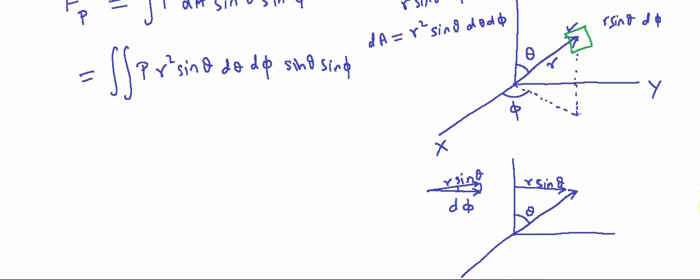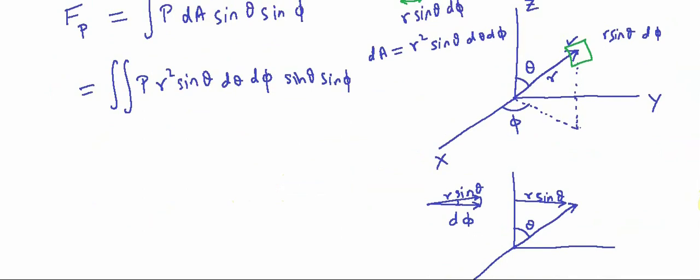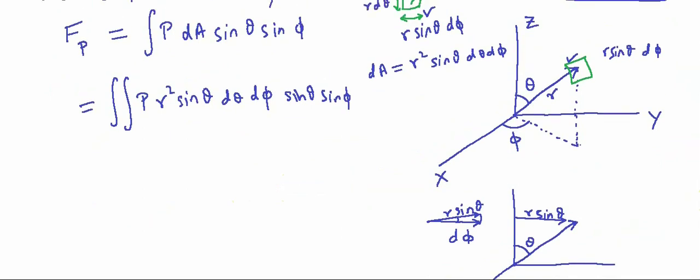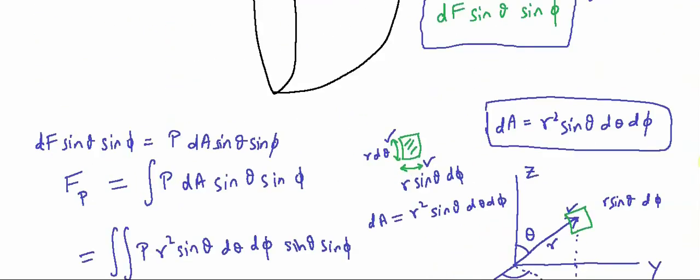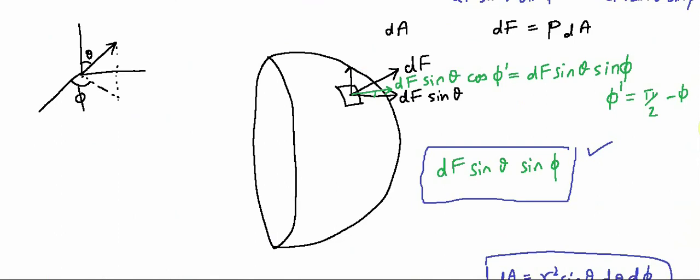Now what will be the limit of integration? It depends on us what limit of integration we take. I am taking here 0 to pi by 2, 0 to pi by 2, which will give me the total force for one quadrant. In this diagram, if I take from 0 to pi by 2 this, and over here I take 0 to pi by 2, then I get this one quadrant towards us, and there are 4 such quadrants.